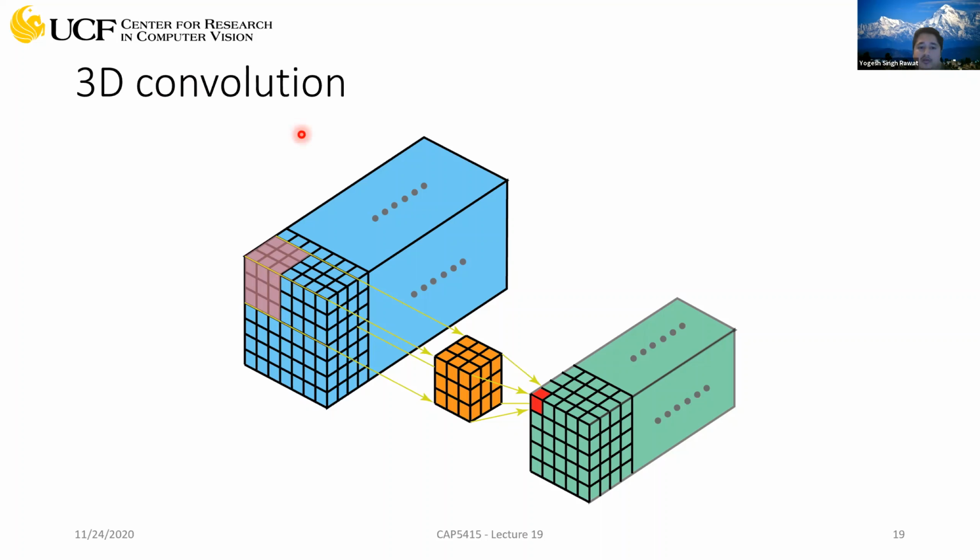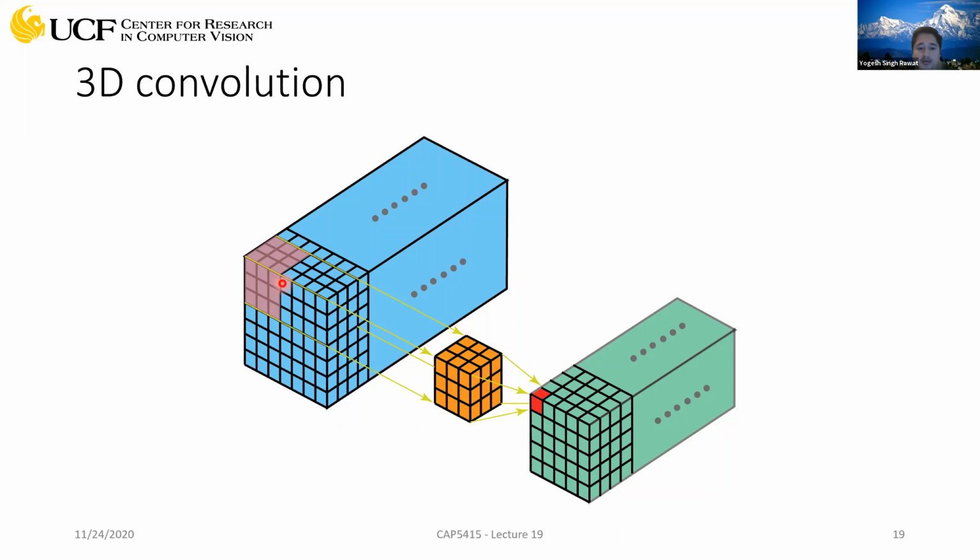So in 3D convolution, effectively your kernel will be 4-dimensional. You will have height, width, and you will also have a temporal extent. And then you also have the depth information, right? So it will be a 4D kernel, but we call it 3D convolution. And then what you do is, as you perform convolution or the correlation, like in spatial region, you perform the same type of correlation in the 3D environment, right?